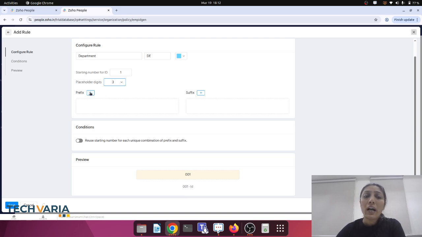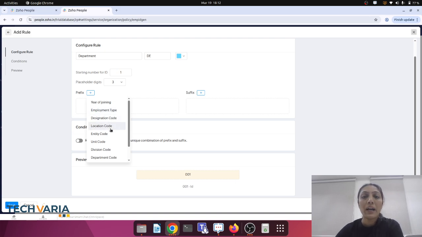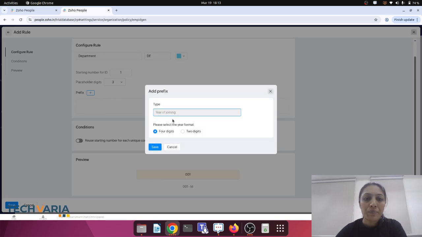Prefix. My employee ID can be prefixed based on year of joining, employment type, designation, department, or whatever code or unique number I want to use to identify my employee ID. So for that I can add a prefix. For example, I am prefixing with year of joining, for example 2026.